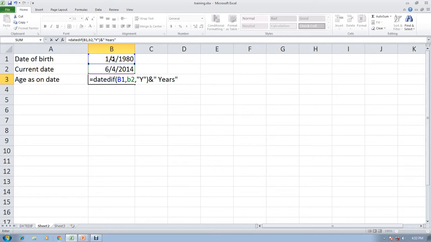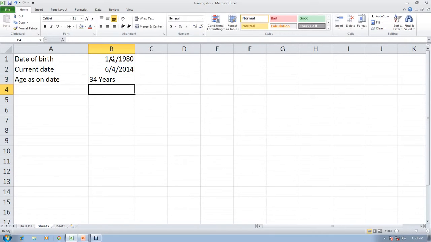First I will explain up to the number of years. See, here the result is 34 years. 34 years, 2014 to 1980, 34 years.